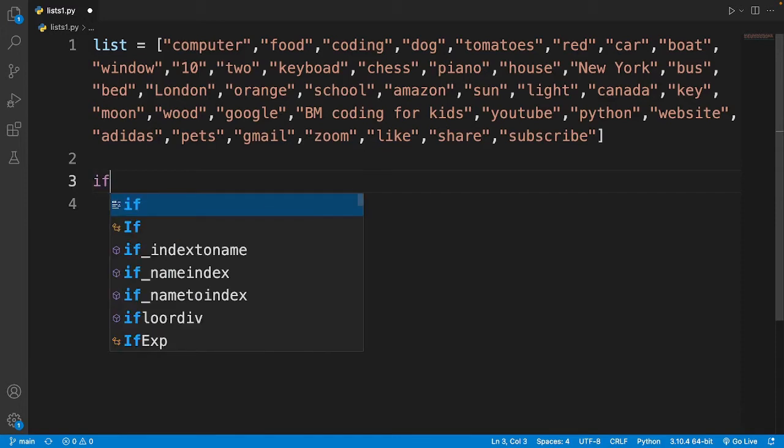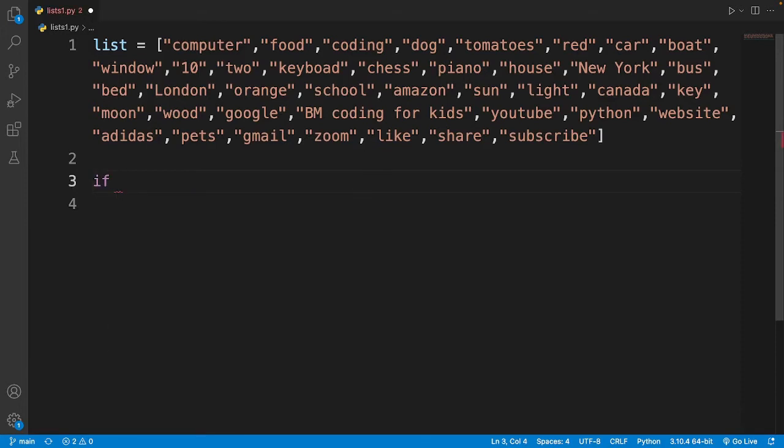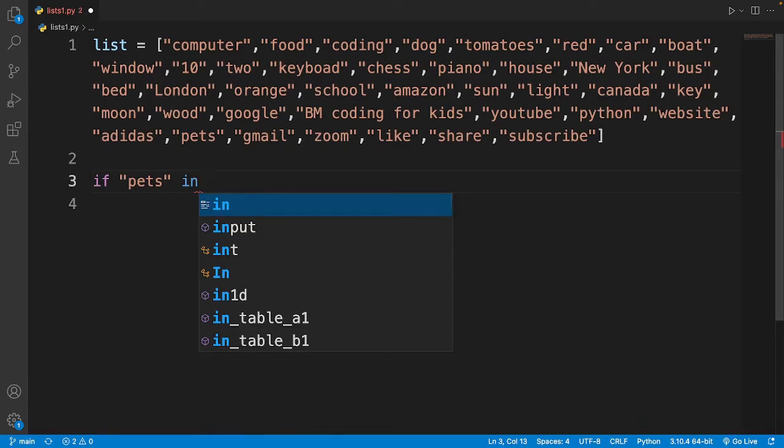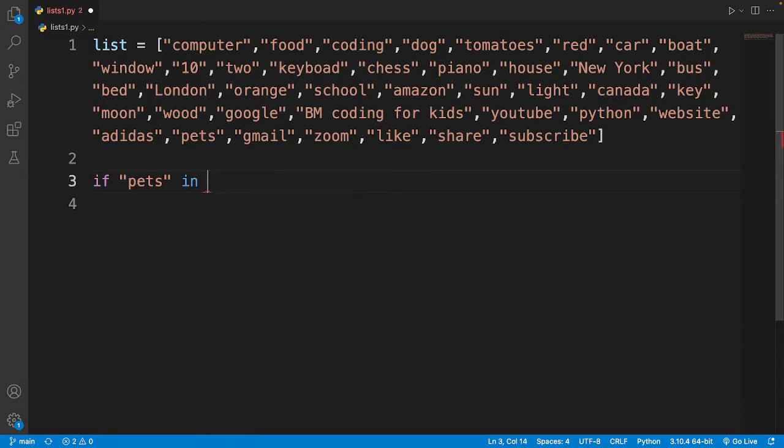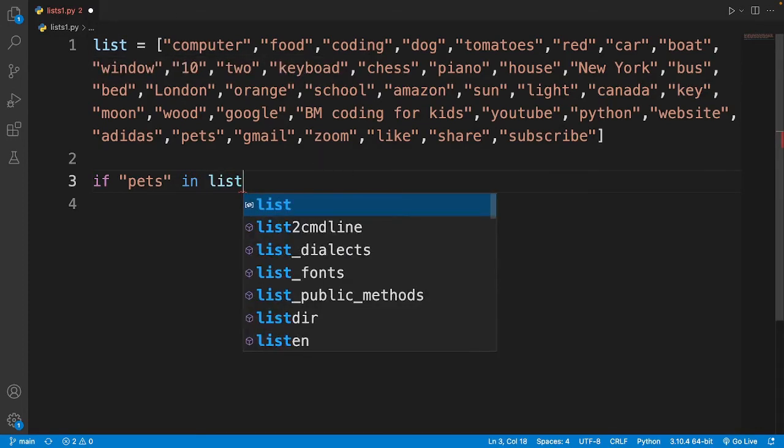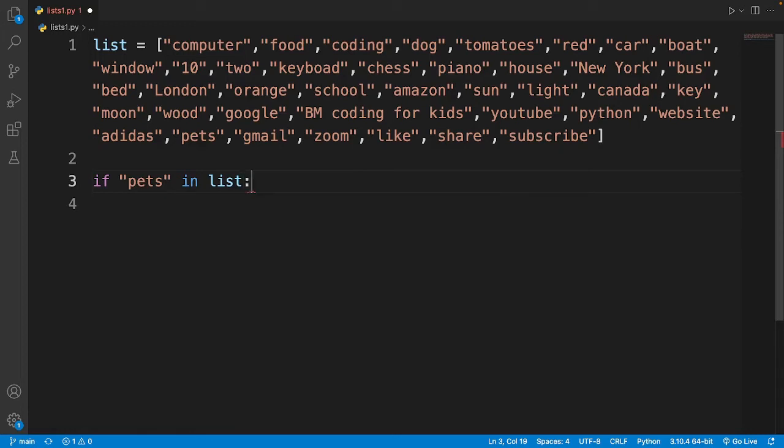So we'll type in if, space, and then the word we want to search for. For example, pets. And then we'll use a new operator, and that operator is called in. So type in space and then the name of the variable with this list inside it, so list, and then a colon, like every other if function. And then if pets exists in this list, we'll print